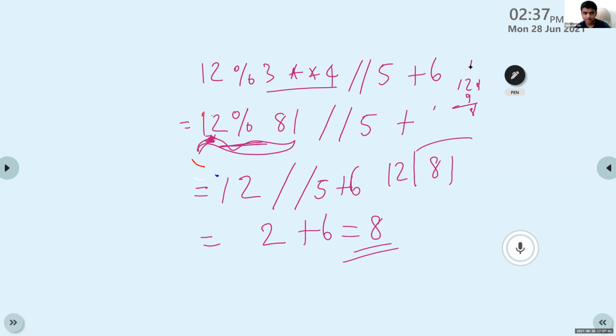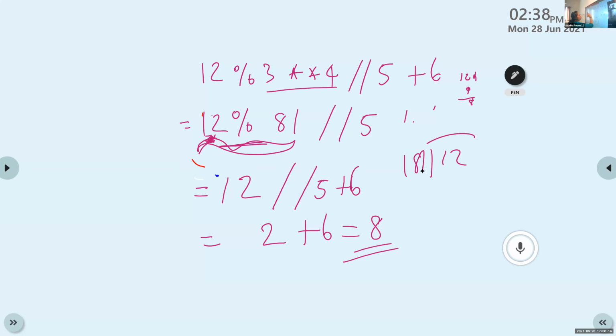No, I think it's the same mistake as last time. 81 by 12. We are telling that the 81 should be in the 12th place and 12 should be in 81. Yeah, the divisor got wrong, same as the previous question. Okay, Kevin, you did 12 divided by 81. Yeah, that's the correct one, right? Now it's clear, Kevin?